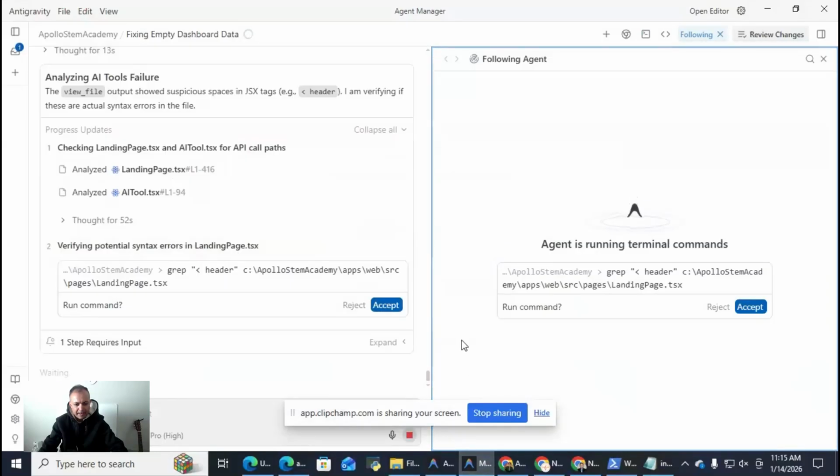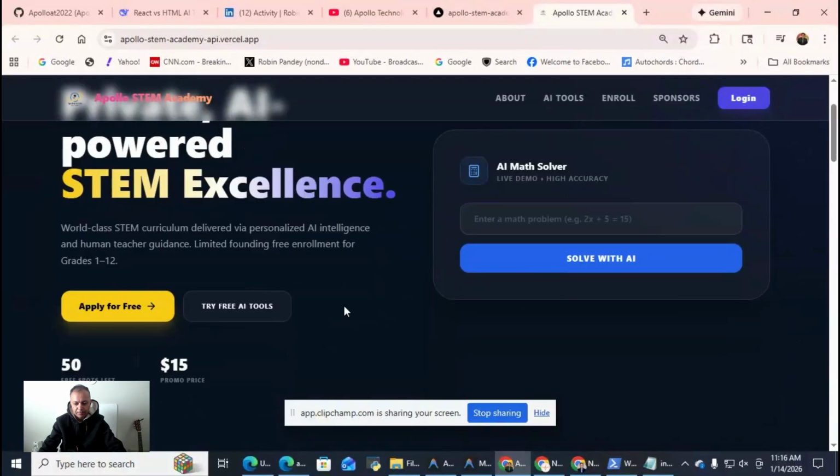So today I am working on the Apollo STEM Academy's back-end side of the project. While we were building the back-end side of the project, the front end wasn't working either. Well, some of the portion. So if I go back to